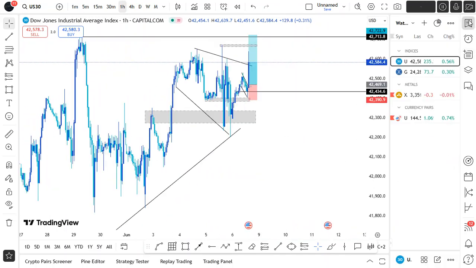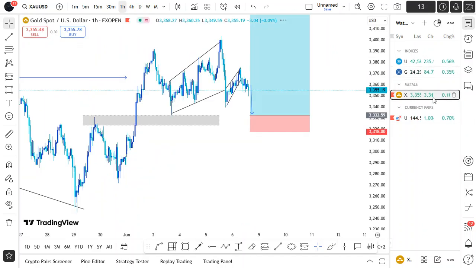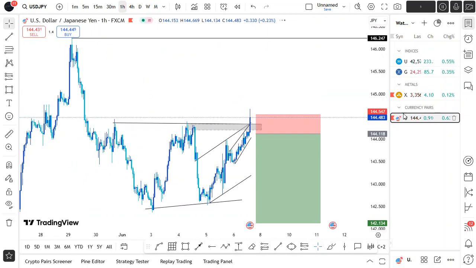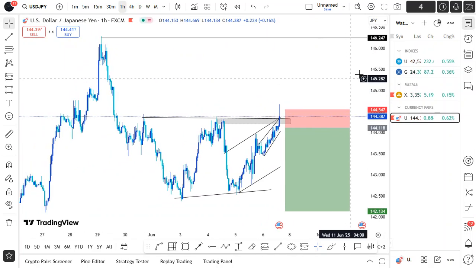Let's see those other ones. Those ones, I'm sure they killed me. Gold did not move. Gold didn't move, guys. USD JPY moved, but then it did not actually